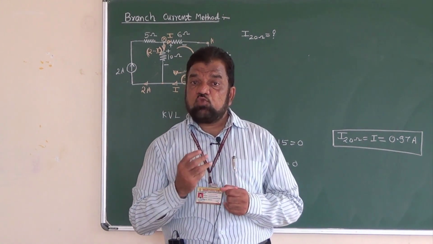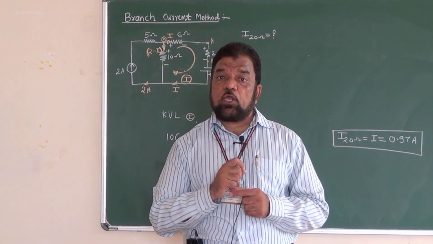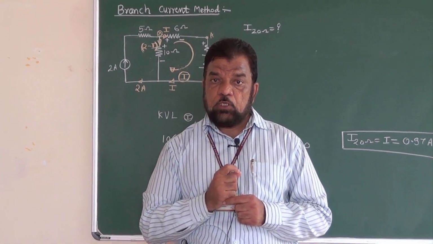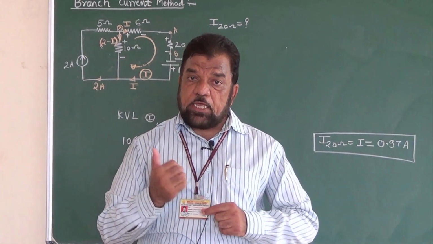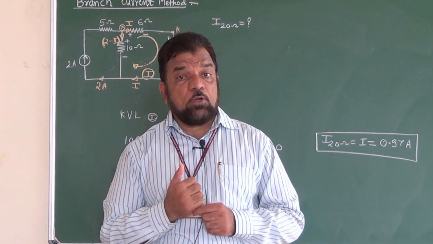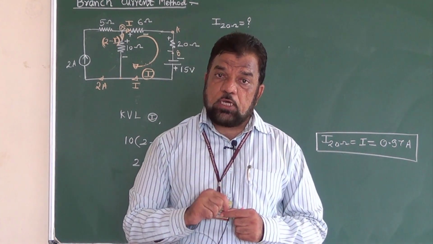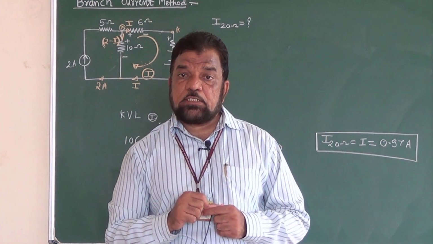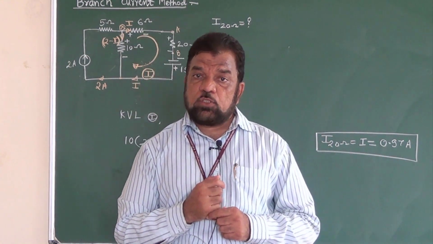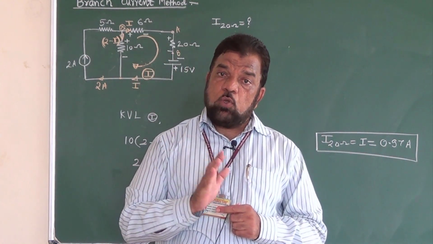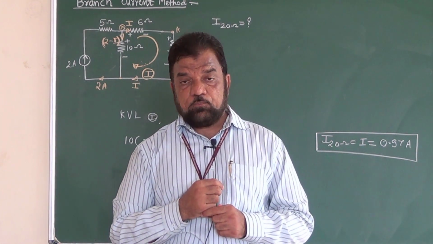Here we have studied three different cases. In the first case, the circuit includes only potential sources, batteries. So there is no need to use the transformation, because for mesh analysis, the branch current method, we prefer voltage sources. In case 2, a given circuit includes a current source in parallel with a resistance. For such a situation, we use the source transformation theorem to convert the current source into a voltage source. And for the new modified circuit, we have to apply the KVL.